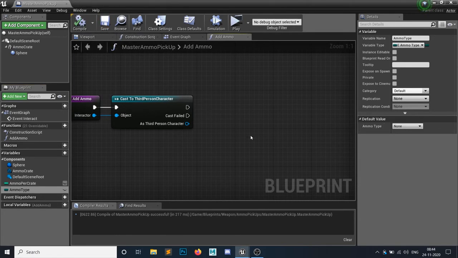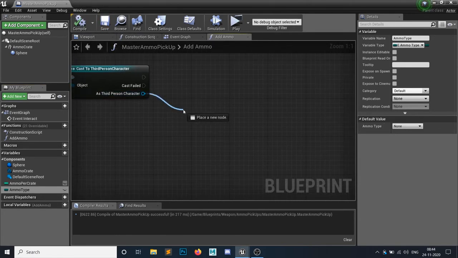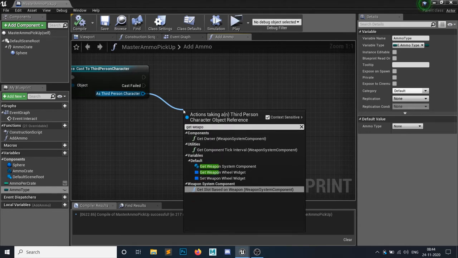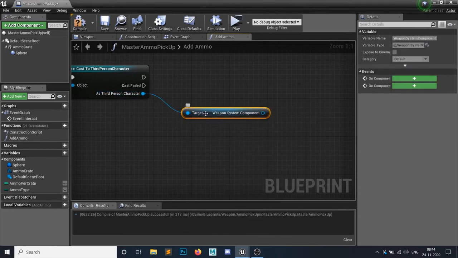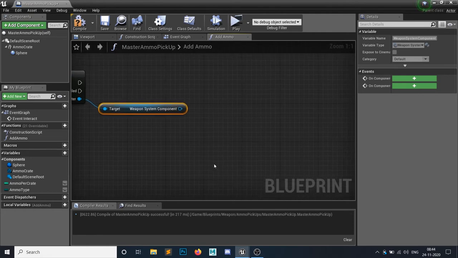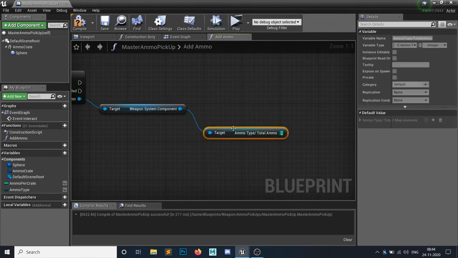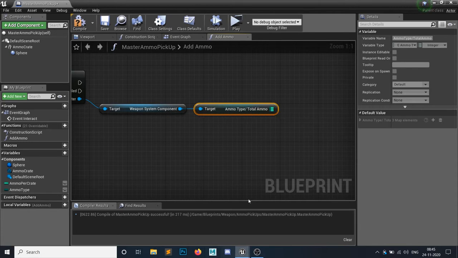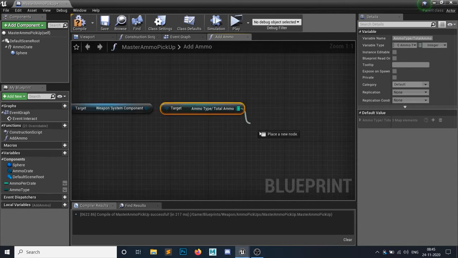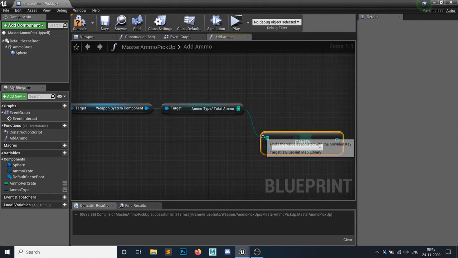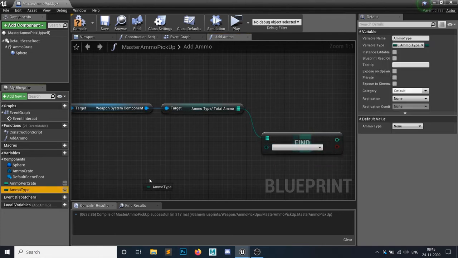Now I need to get that weapon system component. From this weapon system component I need to get that ammo type slash total ammo. This is our ammo map, and I need to find this ammo type.